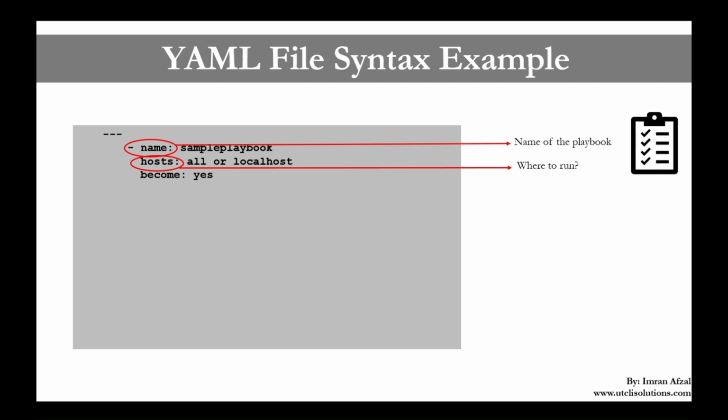against. Then another parameter in the YAML file is become, which states to run as a different user. If you type yes, then it means you will have to define which user you want to run it as. So in the fourth line, you define become_user root. Now you do not need to define become yes or become_user. If you take it out and then you run this playbook as root, then it will run as root. But if you run it as a regular user, then it will run as a regular user. This is only defined when you are running as a regular user and you want it to run as a